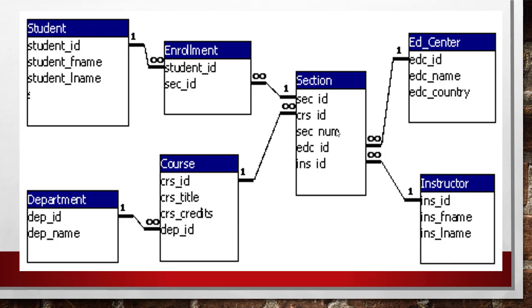Like how you have seen in the hierarchical model or the network model, you have physical links established between the two nodes. But here in the relational data model, we are connecting one table to another table by a common attribute. So these are the different types of database models, that is the hierarchical data model, the network data model and the relational data model.